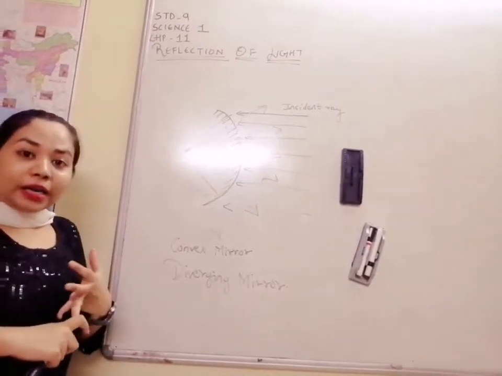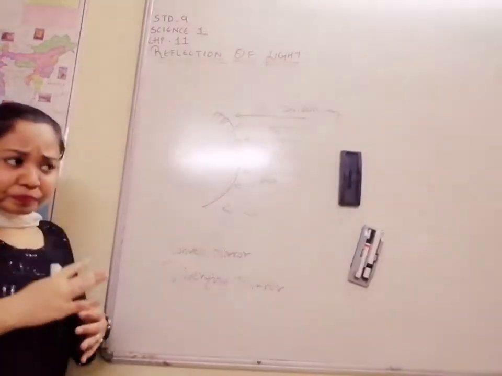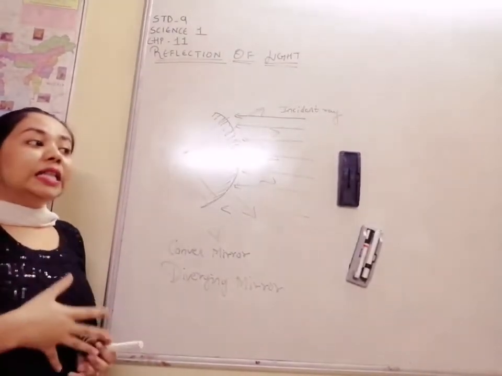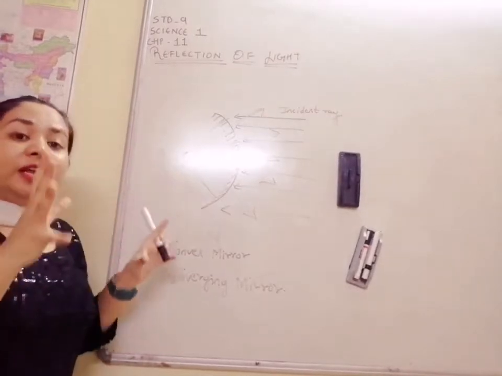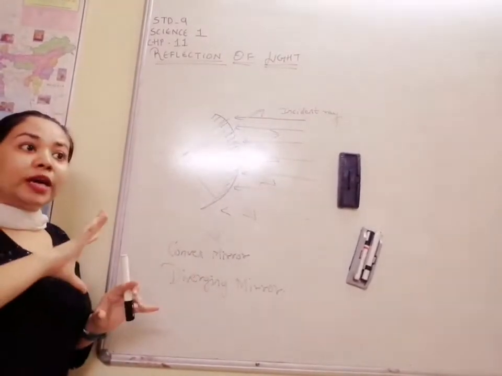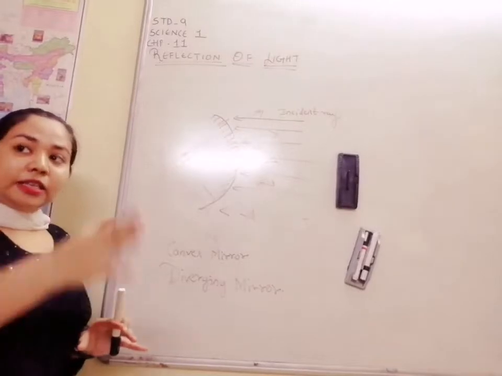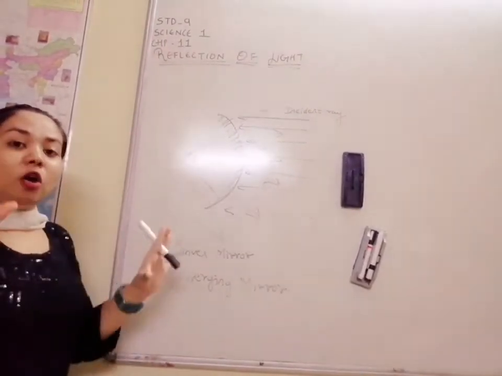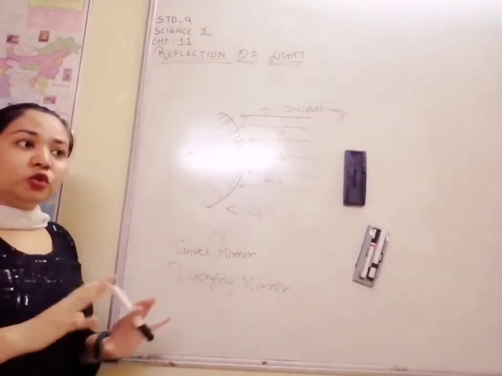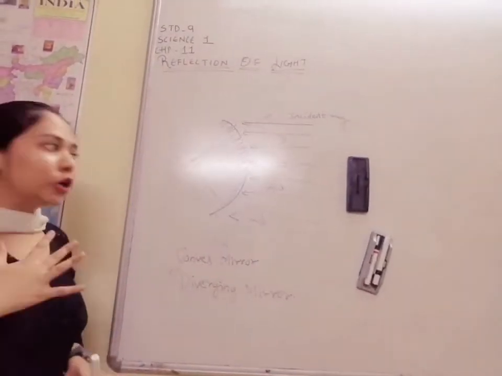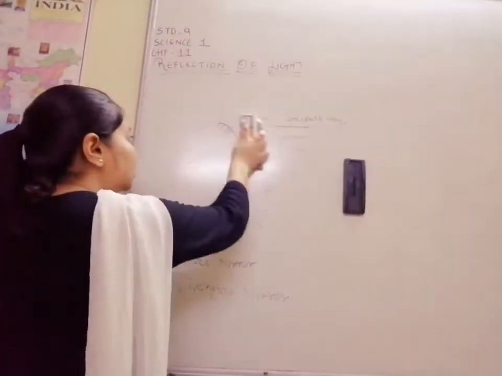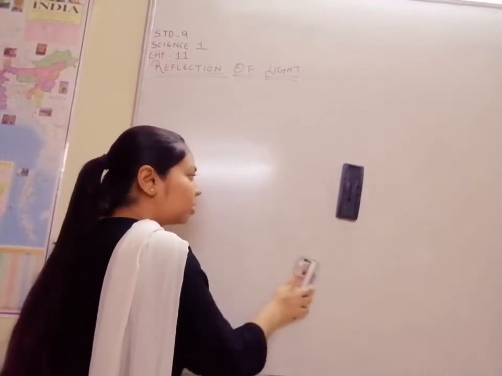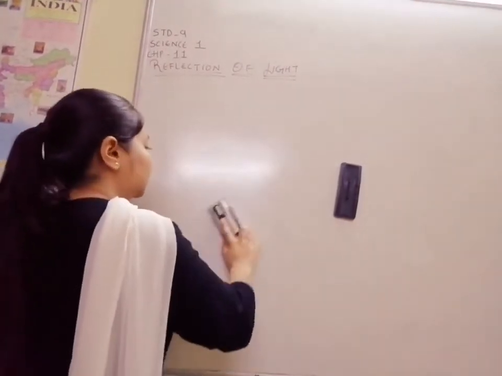If you can't see the parking lot, where is a vacant place to park the car, then there in the entrance only they put a very large convex mirror, so that you can see from the gate itself where is the vacant place and where I can park my car. So there is a big convex mirror placed in front of it, so that you can see your position and park your car. Okay, so this is how the two mirrors have the applications, because of their converging and diverging part.